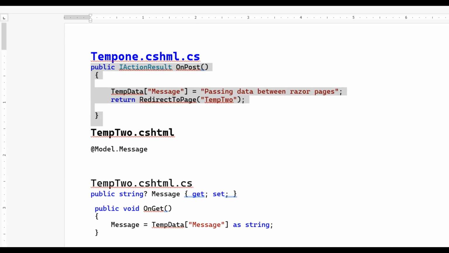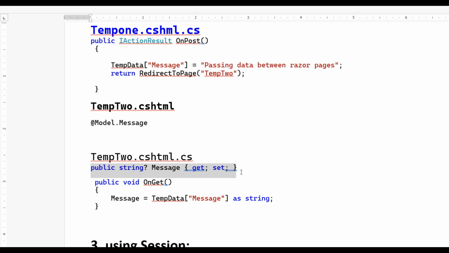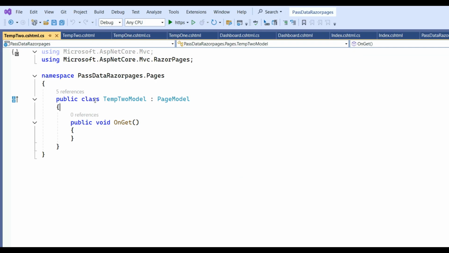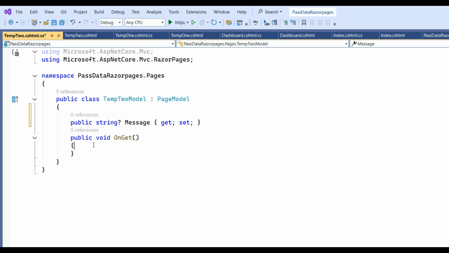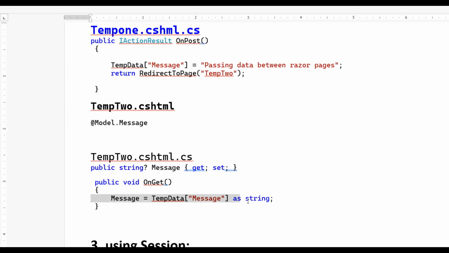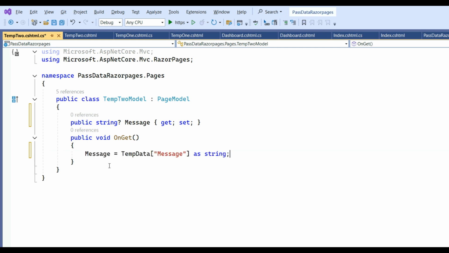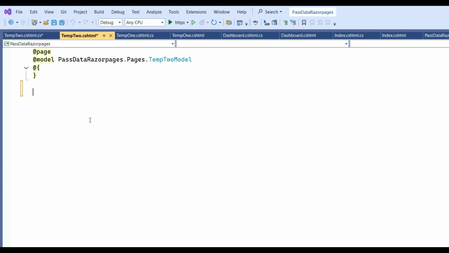So what you will write, simply I am passing one variable, so I am defining one property like public string Message get set. Here we take the message, we store the TempData message, like TempData message, and also need to convert it, so as a string I have defined here. After that this value is assigned to Message and, to show it in the Razor page, we write only Model